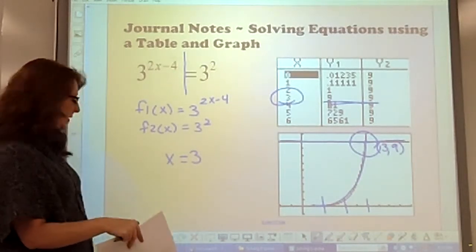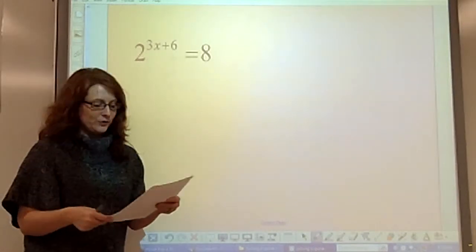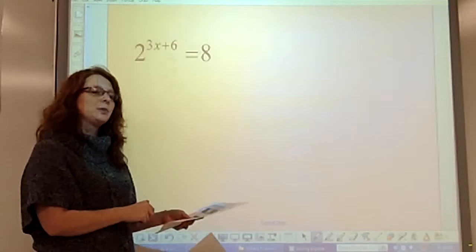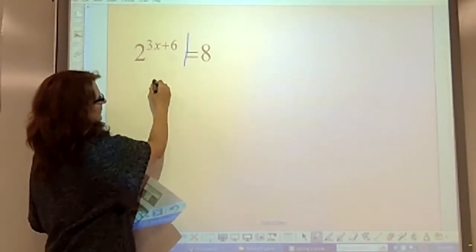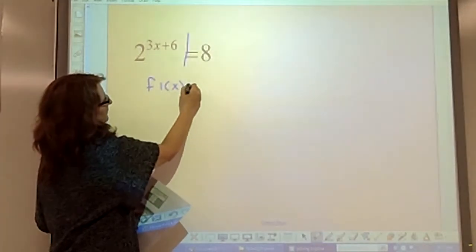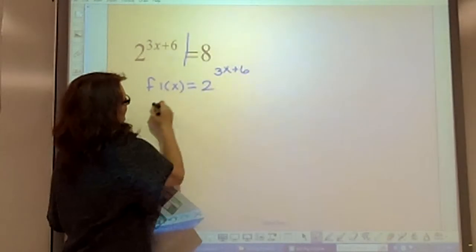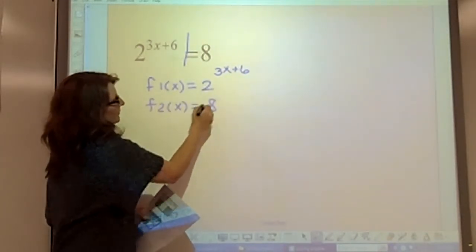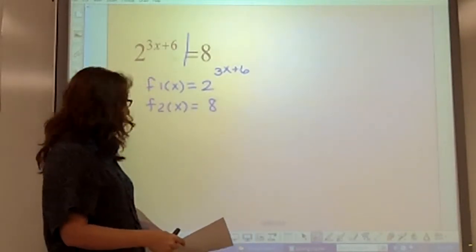Let's work an example on our calculator. So example here, this is in your notes, follow along. I have 2 raised to the 3x plus 6 equals 8. I'm going to divide this. And then I'm going to graph this. So on my calculator here,